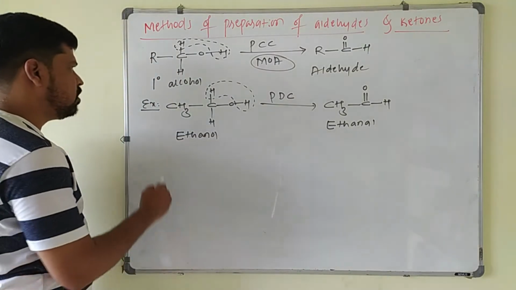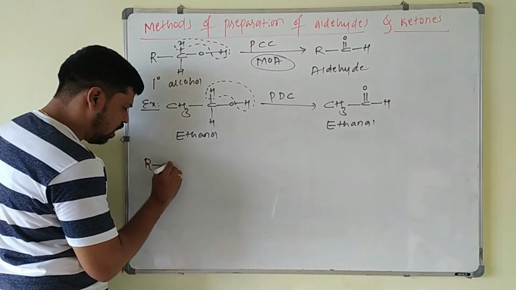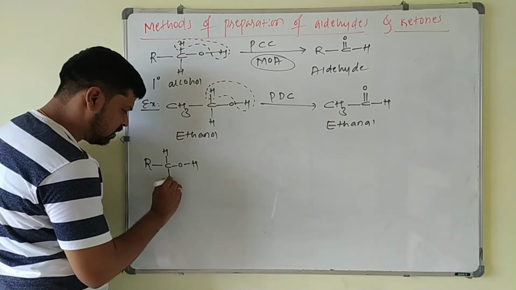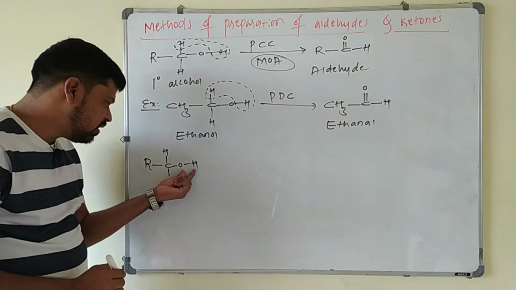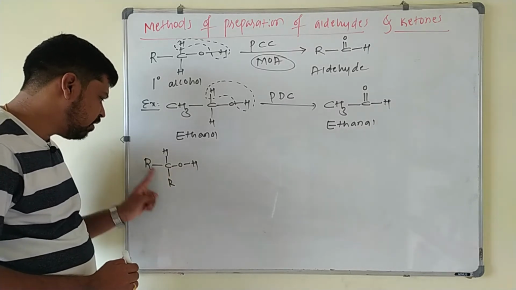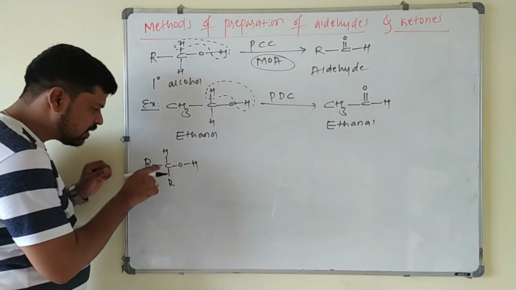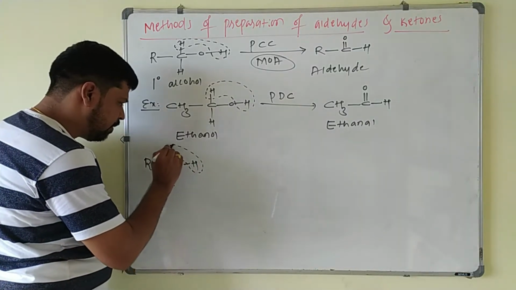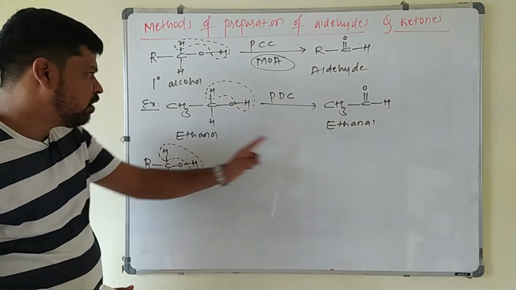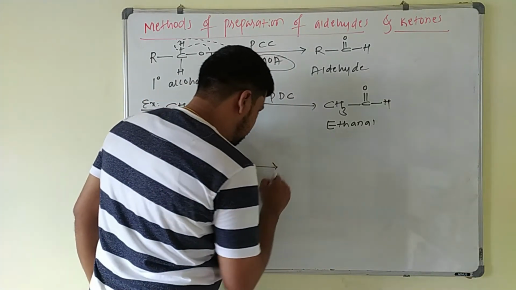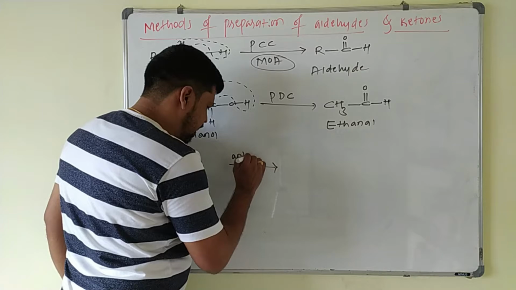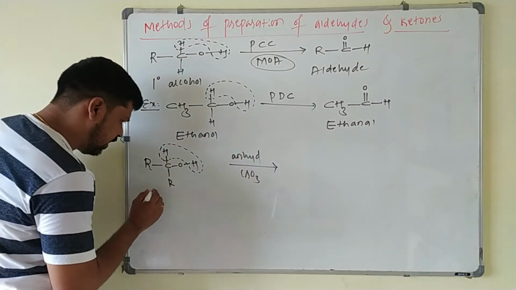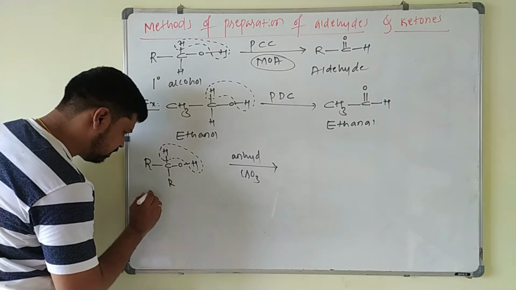that is, the 2 carbon aldehyde, ethanal. Suppose if you take a secondary alcohol, R, C, this is H, this is OH, and this is another alkyl group. See, this OH is connected to the secondary carbon atom because this carbon is connected to 2 other carbon atoms. Now what happens? Still this carbon atom has one oxidizable hydrogen, so these secondary alcohols can be oxidized to ketones. On oxidation they will give ketones. This, on treating with a mild oxidizing agent like anhydrous CrO3 you can take here. Okay, so this is your ketone, from the secondary alcohol.